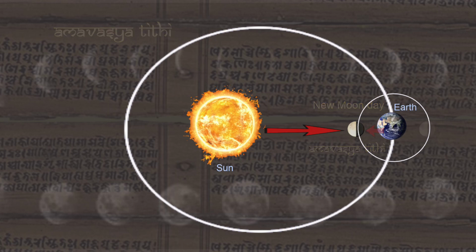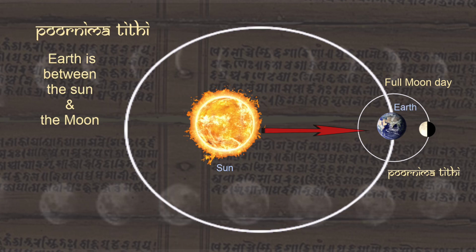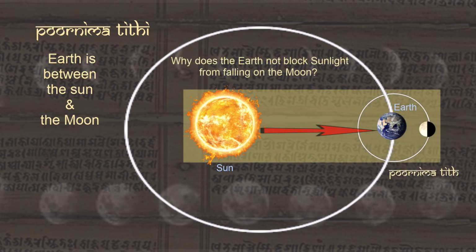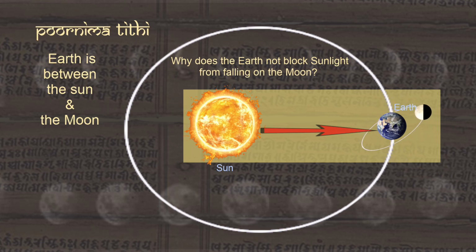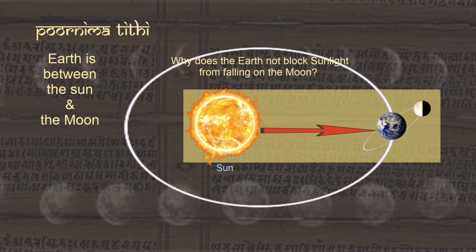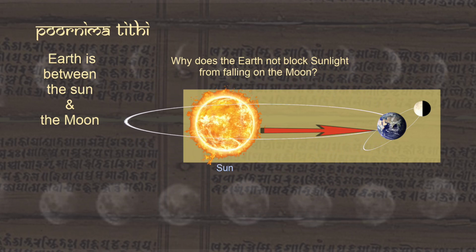On the full moon day, even though the earth is between the sun and moon, we get to see the fully lit up moon. That sounds confusing. Does the earth not block the sunlight from falling on the moon? This is because the moon's movement around the earth is at an angle in comparison to Earth's movement around the sun. Therefore, even though the Earth's position is between the sun and the moon, it does not always block the